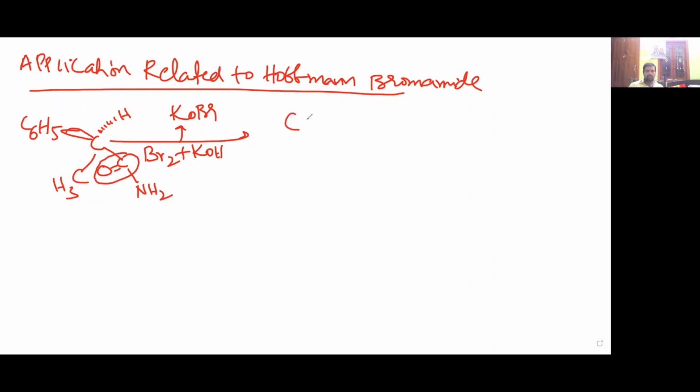What is the product? C6H5 and this, and here hydrogen is there, then C, CH3, NH2. So this is the trick for Hoffmann bromamide. So what is the trick? Tell me. Just the C double bond O is missed. That's all. And another thing,